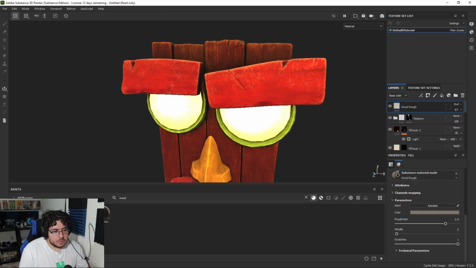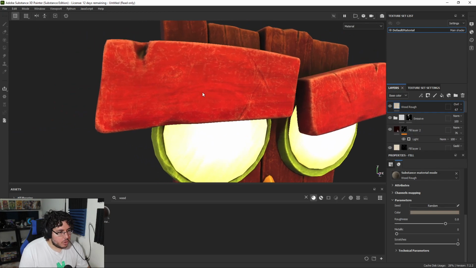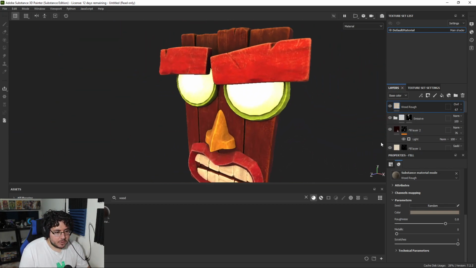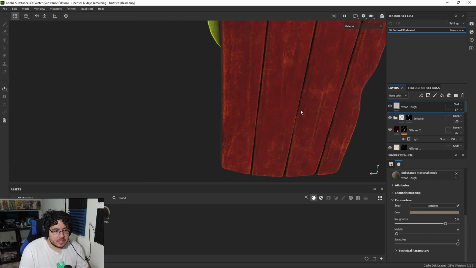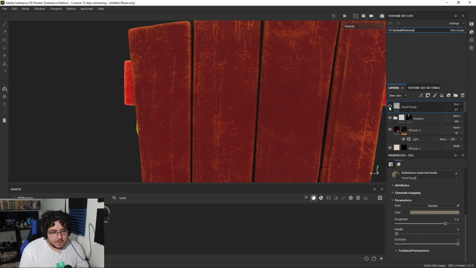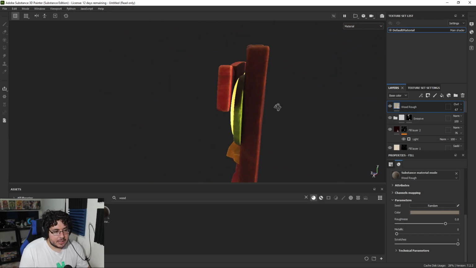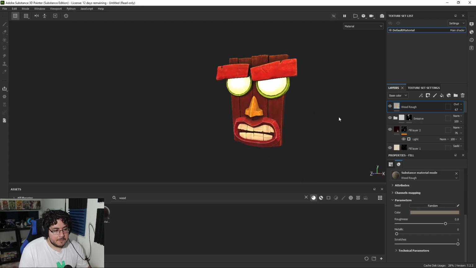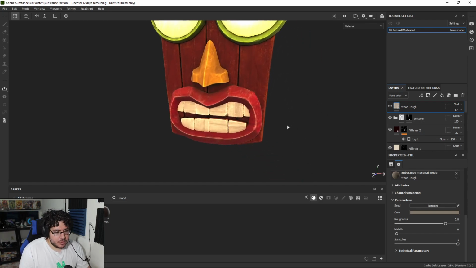That way, as you can see, we're utilizing a little bit of that wood grain from the texture, and that creates a more visually interesting piece. So any of the areas where we didn't have as much information, like here, that's very flat, now we have a little bit of that wood grain and wood information that makes the whole thing look a lot nicer. And there we go. I mean, that's pretty much it for this